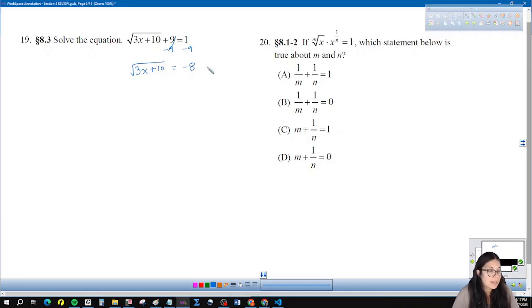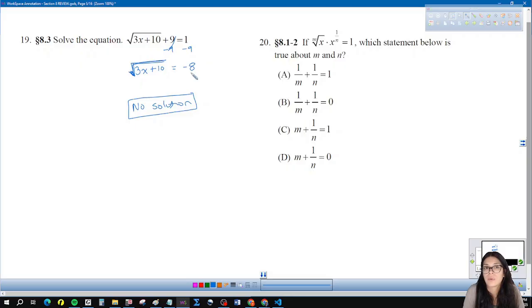Now, as I go here, I can go ahead and continue to solve this by squaring both sides and then getting a solution. But this is actually going to end up having no real solution, because if you really think about it, there is no number for x that when I square root it is going to give me a negative. Okay? Now, for the sake of the argument, I'm going to go ahead and continue and finish solving it,